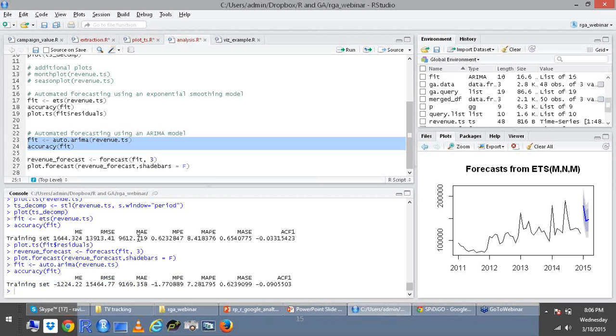The RMSE in the ARIMA model, which is the second model that we did, is about 15 grand, and in the first model that we did, the RMSE is lesser. Which essentially means that the lesser the RMSE in the given model, the better the model fits the existing data, and the better the model is likely to predict the forecasted value.